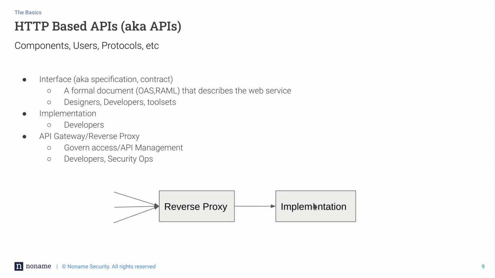And why do you want to split all that stuff in two separate, I don't know, items? The implementation and the reverse proxy. Why do you need this reverse proxy? Well, there's a concept called functional and non-functional requirements. A functional requirement is actually solving the problem you're trying to solve. For example, if I want to build an API that retrieves customers, well, I'm actually building the code that retrieves the actual customers. A non-functional requirement is when I'm trying to